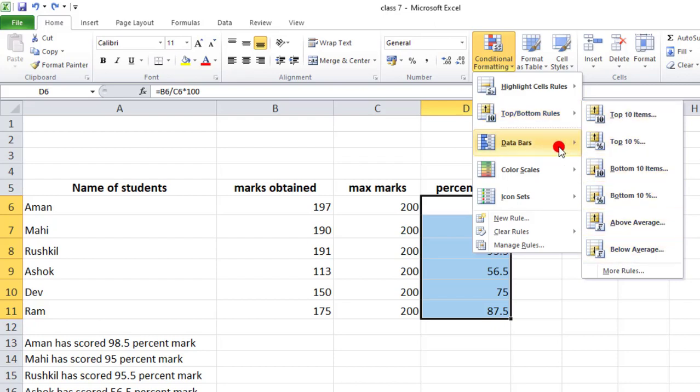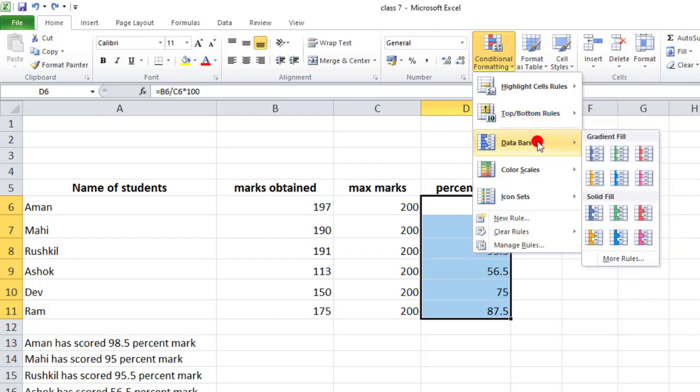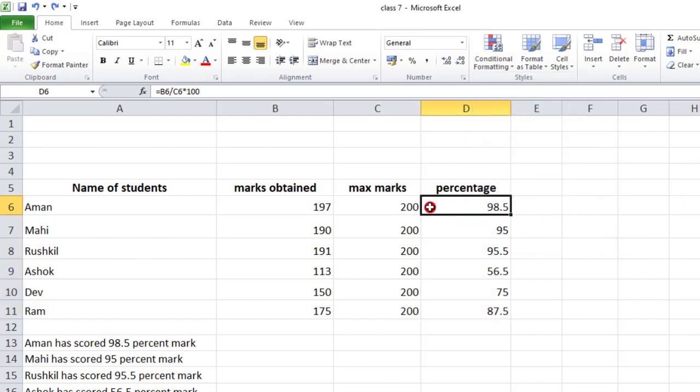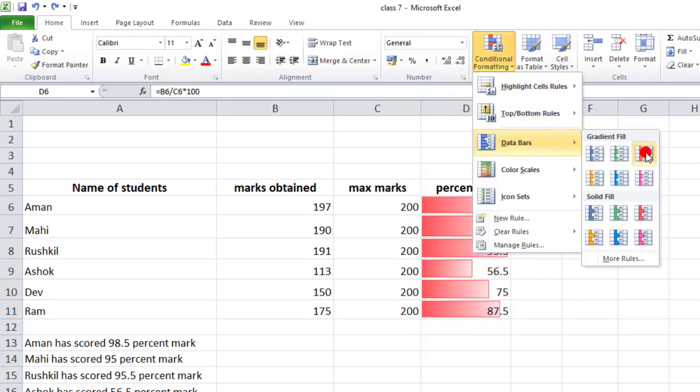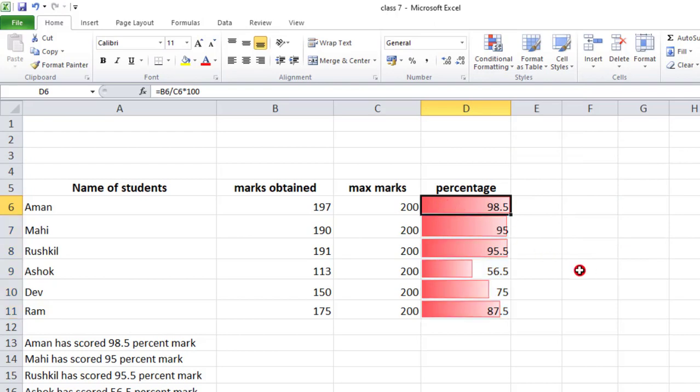Now the next one is data bars. Data bars will simply put bars assuming one cell as 100%. From here to here, your computer will assume the cell as 100%, and according to it, it will apply the bars like this. You can see it is 98.5. That's why the cell is nearly completely filled.